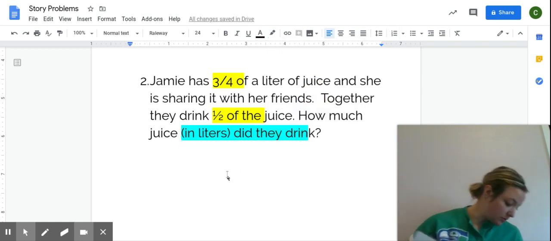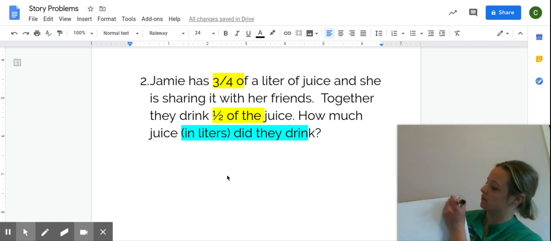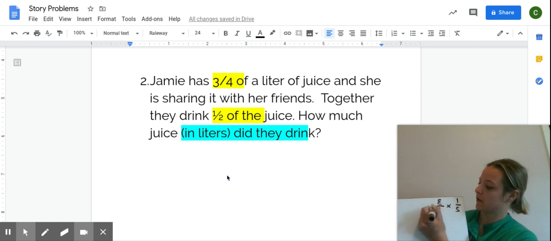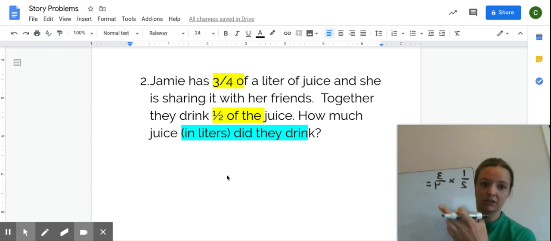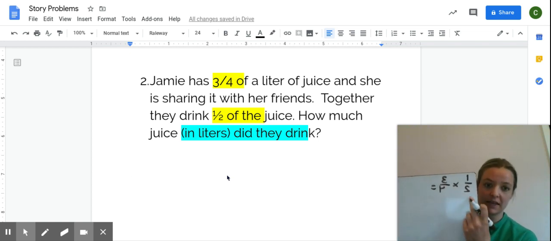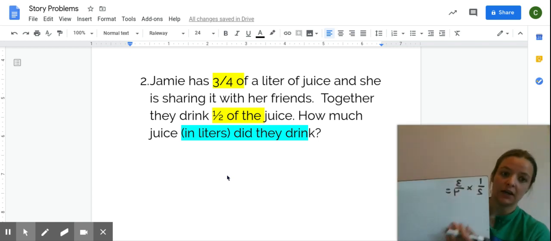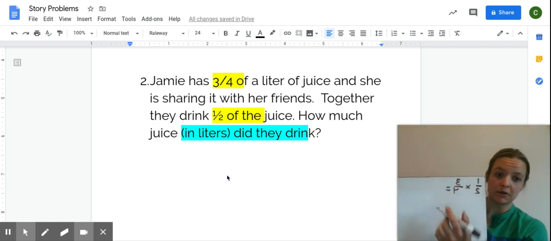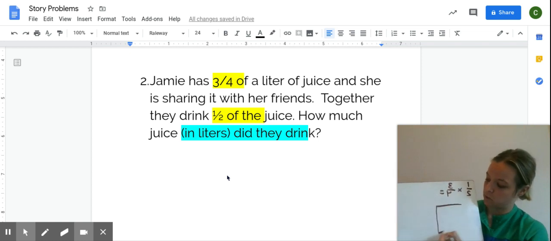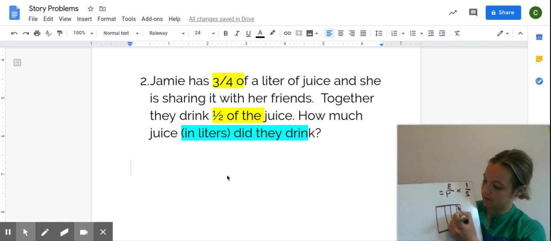So for my problem, you guys, we have 1/2 of 3/4 because she has 3/4, but then her friends came and drank half of it. So it's asking how much did they drink altogether. We can do the standard algorithm, but I'm going to show you guys the area model as well, just as a refresher. So I start with my 3/4,